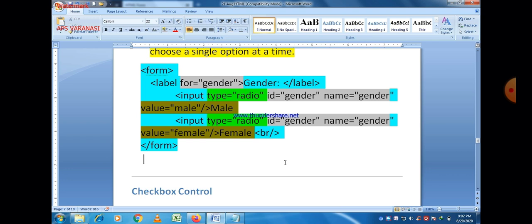Output is a form containing radio buttons, one for male and one for female, and label is declared as gender, and only one option is to be selected because we use radio button. In this case type is equal to radio is declared.